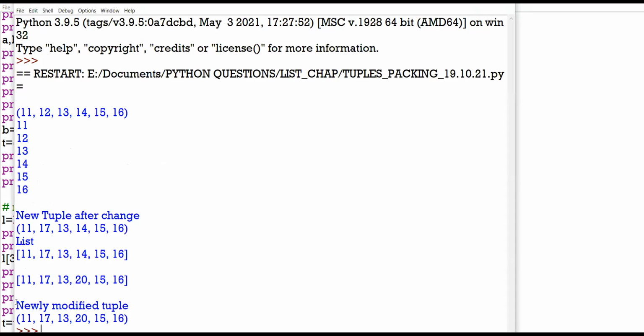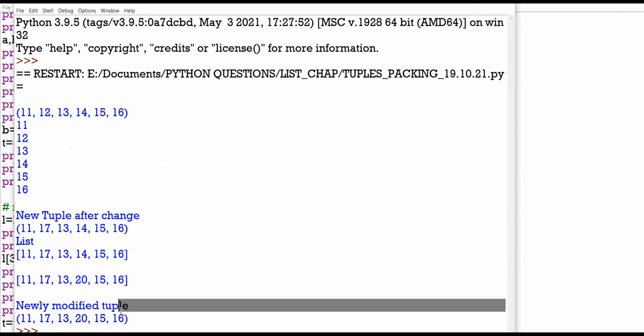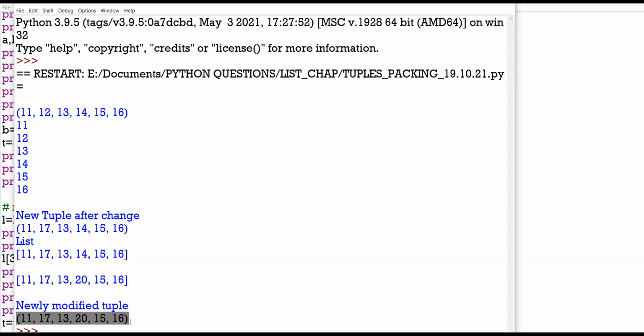See the new tuple with the changed value. This was the original tuple. This is the modified tuple. Is the concept clear to everyone? So in two ways, you can make assignment or modify the element of a tuple. But remember, these are very indirect methods. Directly, you cannot make the assignment because tuple is immutable, right?